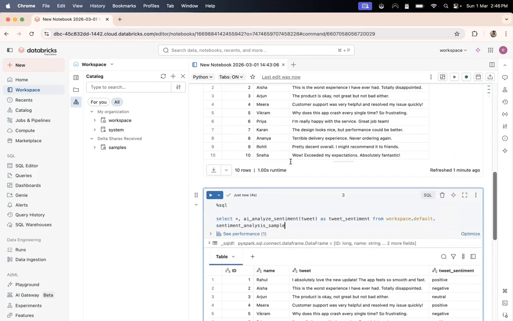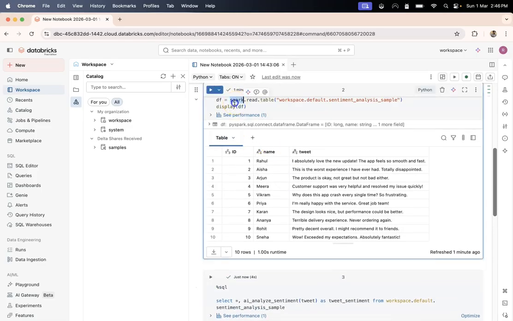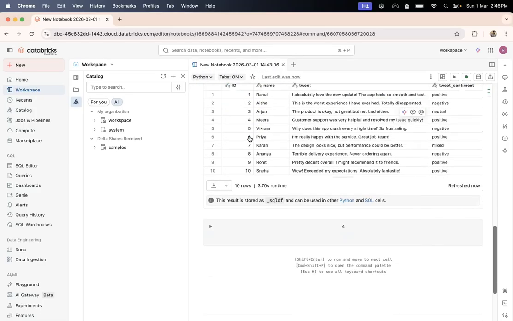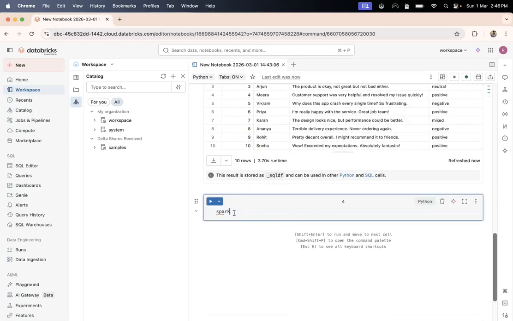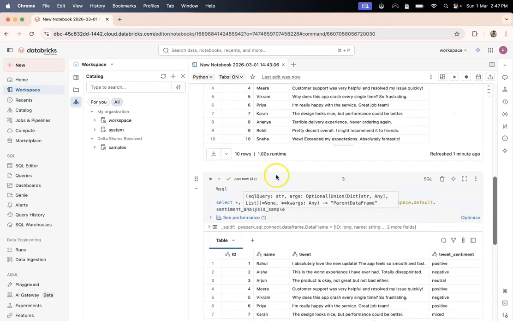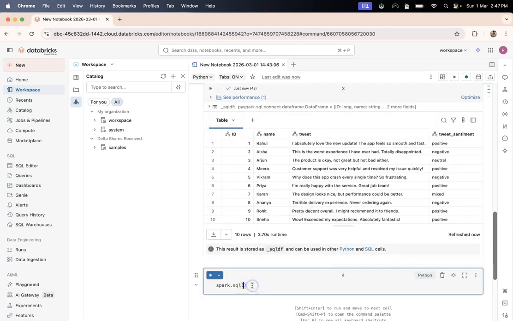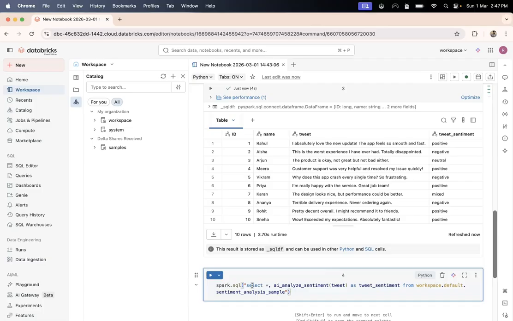What are some other ways? What I can do is I can use this same Spark variable, and I can run spark.sql in it, and here I can grab this whole SQL statement and provide it here, and let's run this.